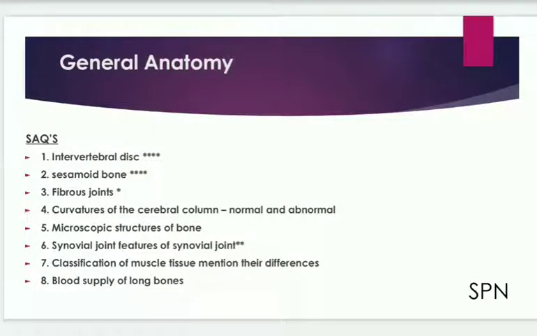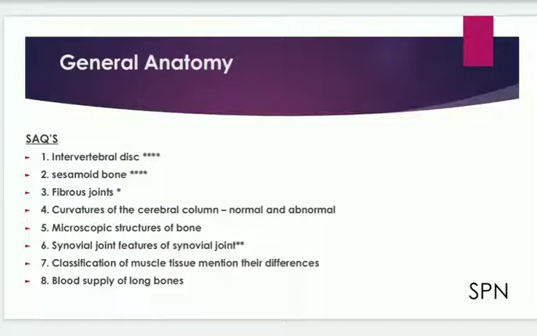Firstly, we go from the anatomy, general anatomy. What are the questions that might be asked? Some of the important questions have been collected in short answers, like intervertebral disc, thoracic to the sacral vertebrae: what are the contents, what are the characteristic features, describe them briefly and add a diagram too. Next, sesamoid bone, fibrous joints, curvatures of the vertebral column, normal and abnormal, microscopic structures of